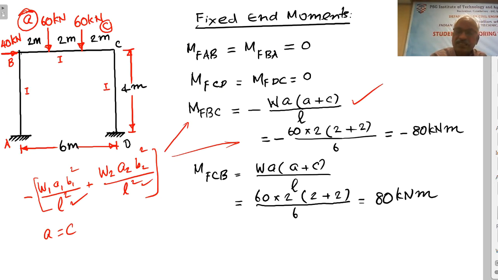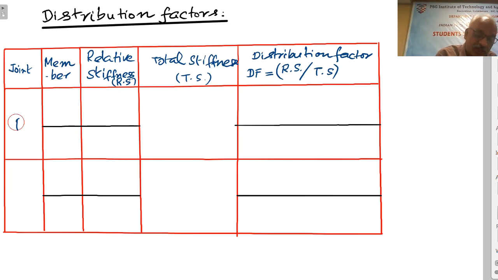Now A is a joint, there is only one member. D is a joint, there is only one member. Therefore at A and D there is no question of distribution. Only when there are two or more members will there be a question of distribution. So at joint B you have two members, BA and BC. Similarly, joint C has two members, CB and CD. So there we require distribution. Therefore joint B requires distribution to members BA and BC. Joint C requires distribution, members are CB and CD.